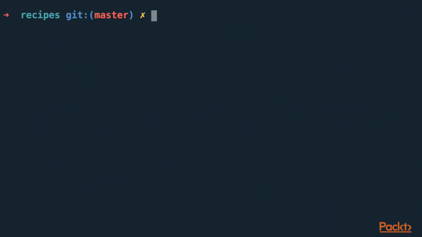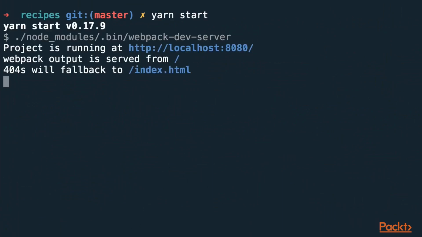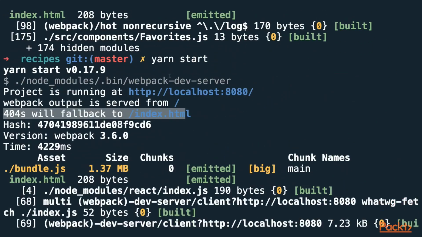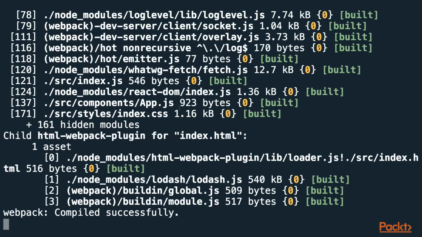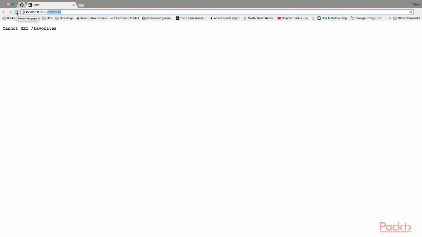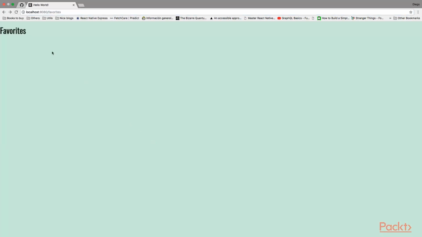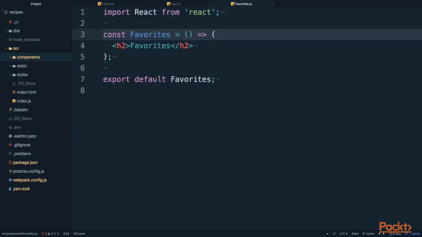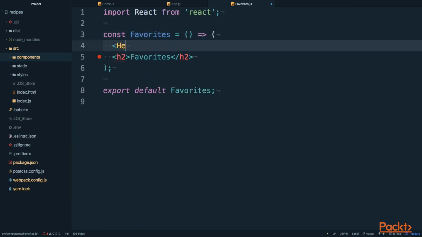Before testing it on your browser, you should restart your server. And when you do, just notice how Webpack dev server is telling us that all 404 requests will be fallback to the index.html file, as I just said. So now you can go to your browser and go to your /favorite, and it's working. But something looks weird, and that is that we don't have our header above our favorite page, and actually we want it. So the first option would be just adding the header